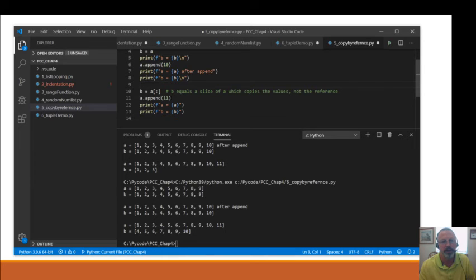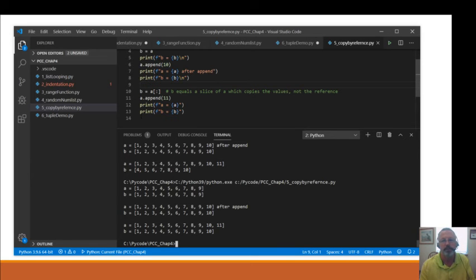And then we append 11 to it, but B is still going to be the values of A. So let's run this, and you see that B is taking all of the values of A before it appends. Before it appends, you're assigning all of the values to B. So now you're creating a second data set out in memory. A is pointing to one data set, B is pointing to a different data set, and when you change A, B stays the same.